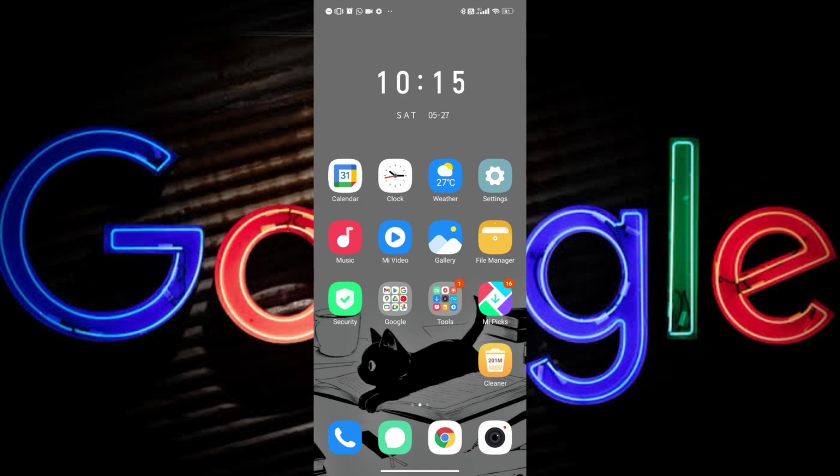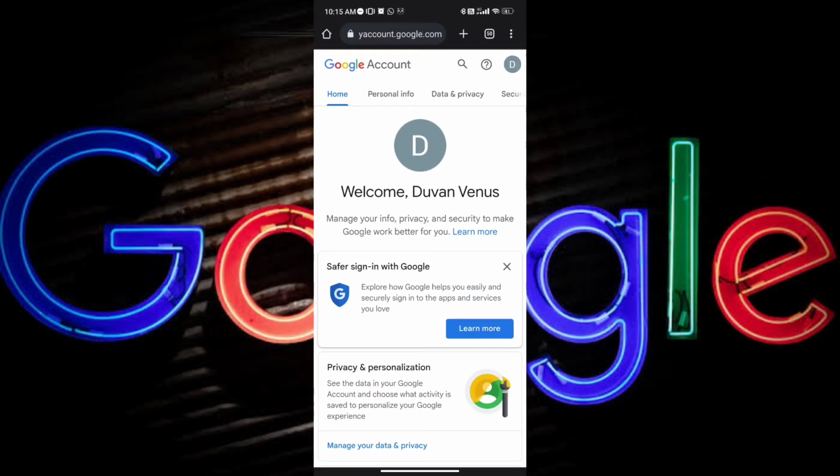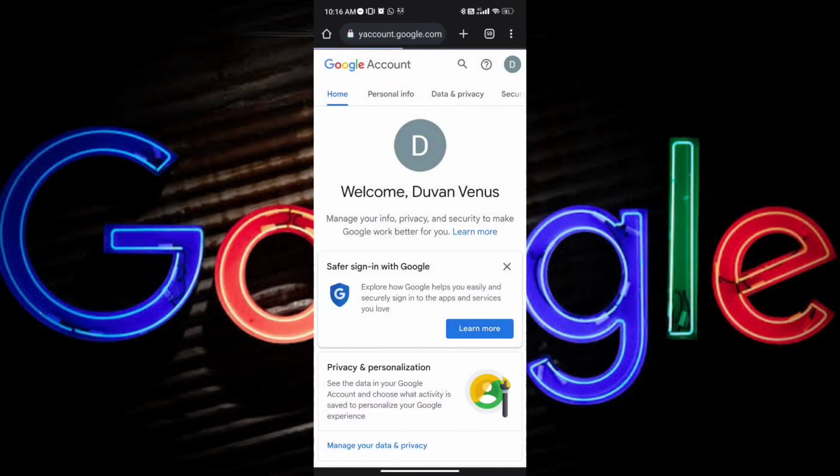Okay, so first we're gonna open a browser. You can use whichever browser that you'd like as long as it can access google.com, and type in this link, myaccount.google.com. Just tap go and you will be asked to log in. Just go ahead and log in, and once you've logged in you will be transferred to this page, which is